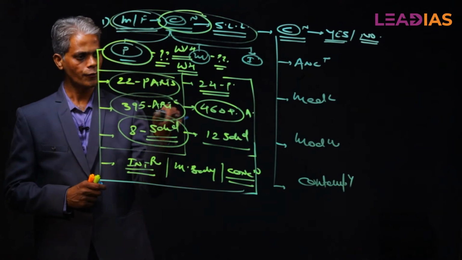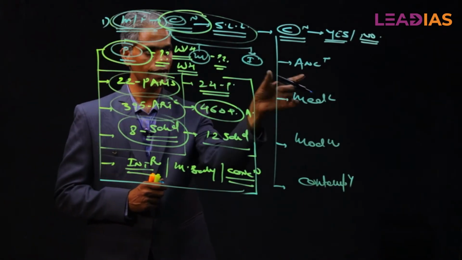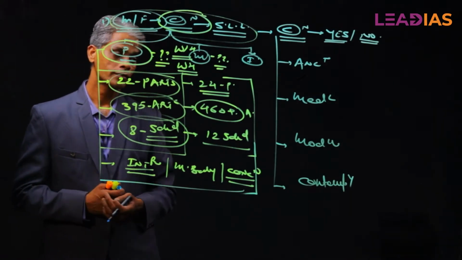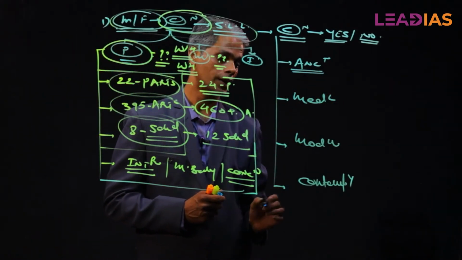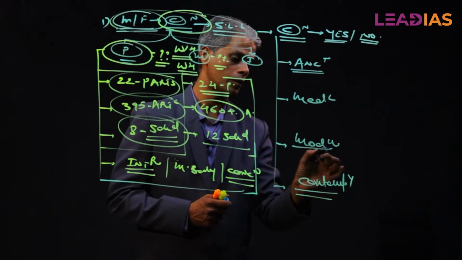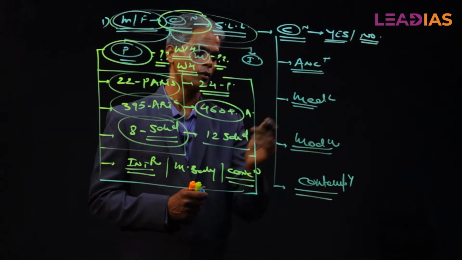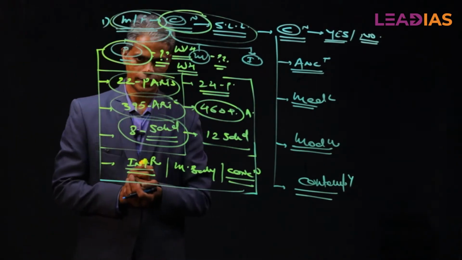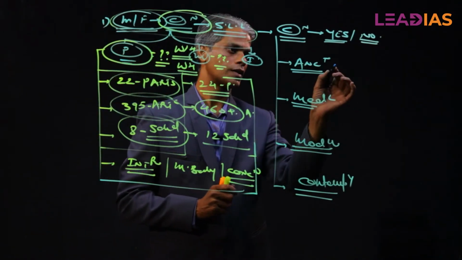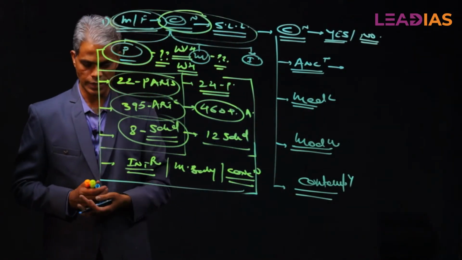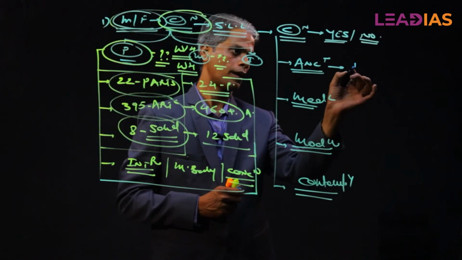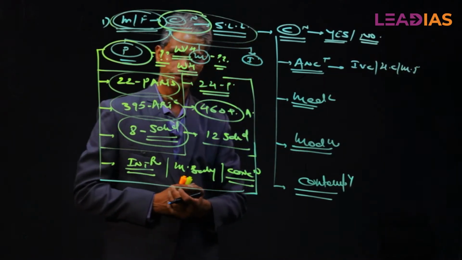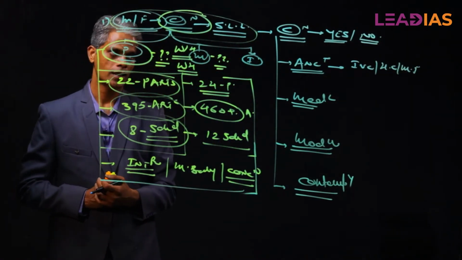And if I ask you where you will place the origin of the Constitution in this evolution, some people may say, sir, it was in ancient India. Some may say it's a contemporary phenomenon. Some may say it's modern. Some may say it's medieval. So we'll get multiple answers, and all of them are correct. Because if we see the ancient period, you might have heard about the great civilizations like IVC, the Indus Valley Civilization, the Harappan Civilization, the Mohenjo-daro Civilization, and so on. Certainly, yes.